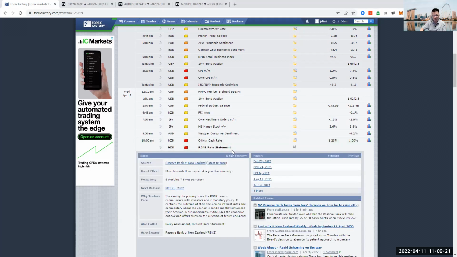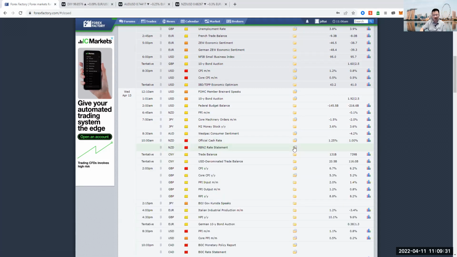I think that they might indicate a 25 basis point, or as the news says here, maybe even a 50 basis points, but they might actually indicate that they'll raise rates now and hold off for a medium period of time. So if they do that, right, they increase rates but indicate that they might not look at further rate increases too quickly, then we might actually see the New Zealand dollar spike up before turning back down again.